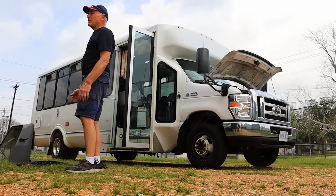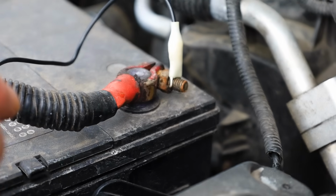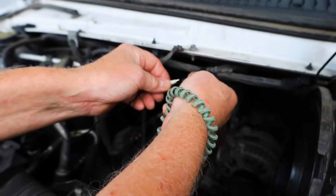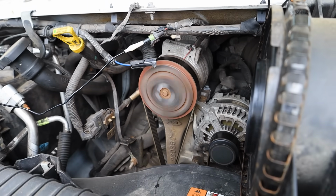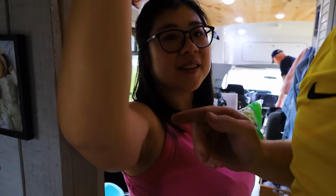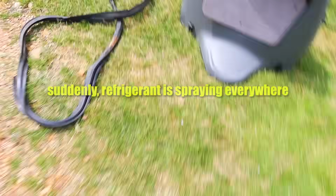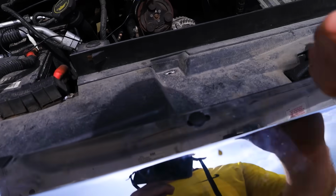All right, so we're gonna steal some juice from the battery here. We're gonna make the compressor turn on ourselves, is the idea. That's on. And the ultimate test will be how cold is this. Oh my gosh, it's way colder than before. That's good. Much better. That compressor packed it in. Oh, the hose did. The hose